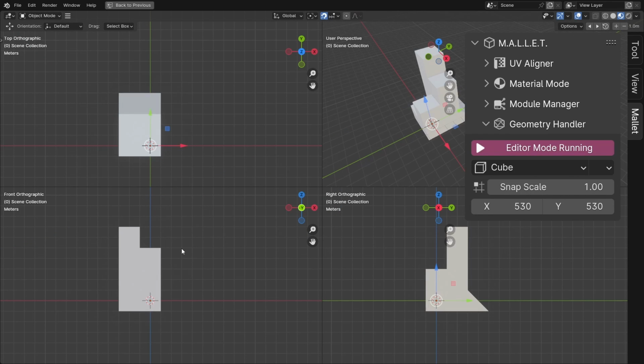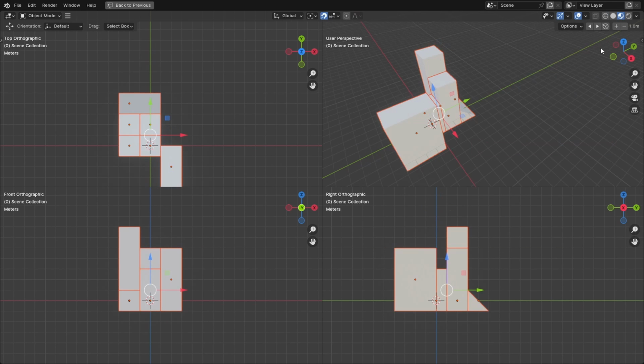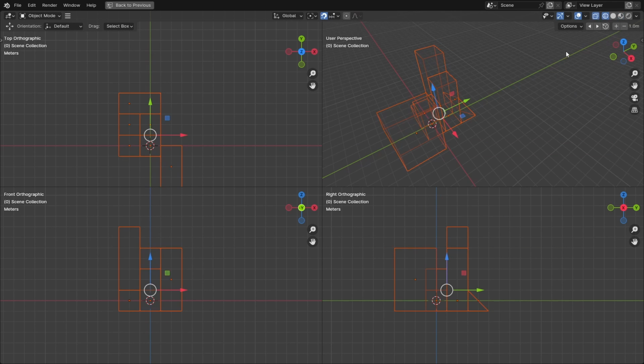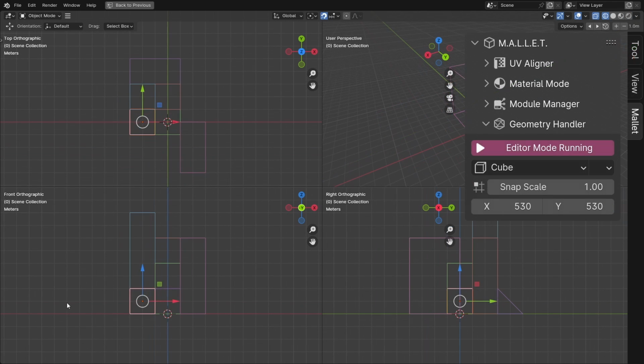All of this works from the 3D view or the 2D quad views, although the intended workflow is the quad views, wireframe mode, transparency, objects textured to random wire colors. This is pretty much the basic functionality and all you need for making that slick level geometry. But what else does this Mallet tool have, you ask?